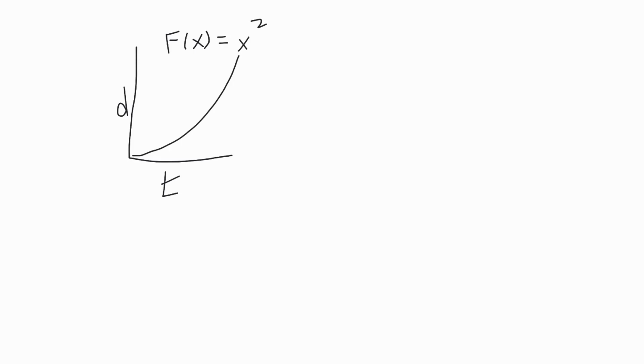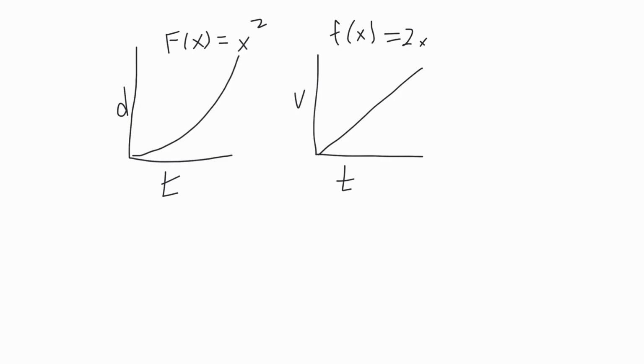Well, if you had a graph that looks like this, it looks like the distance is increasing over time, and it's getting more and more over time. An object that's going like this looks like it's getting faster and faster as you go. And so if you were to draw a velocity time graph, it would look something like this. Because as you go further in time, the velocity is getting higher and higher. Maybe we'd have a function like this. And finally, if you were to, let's say, draw maybe the acceleration versus time graph,